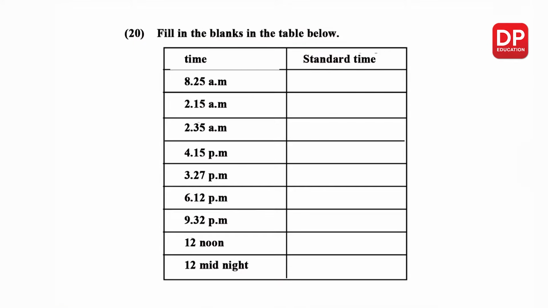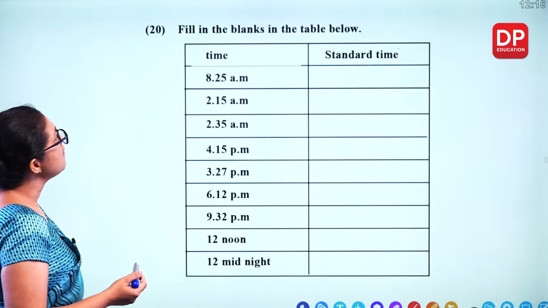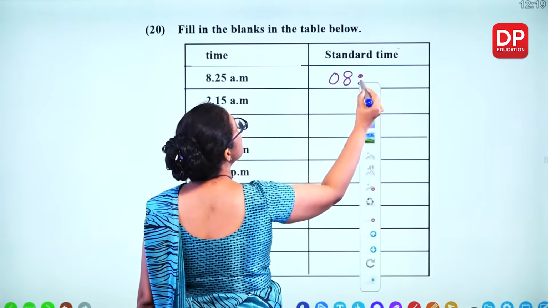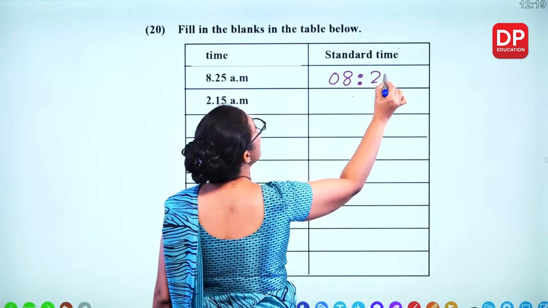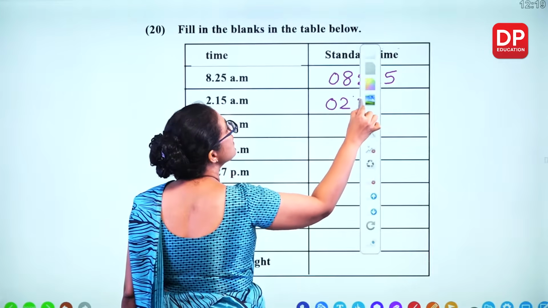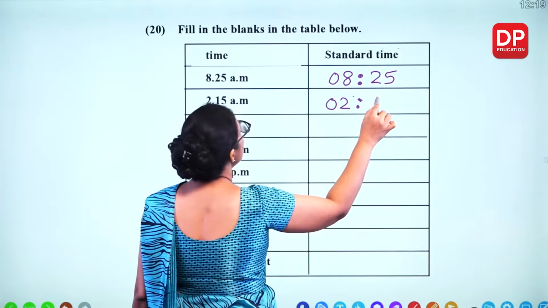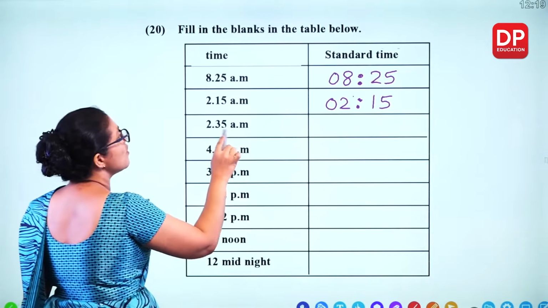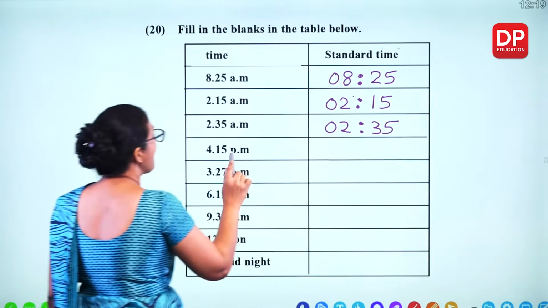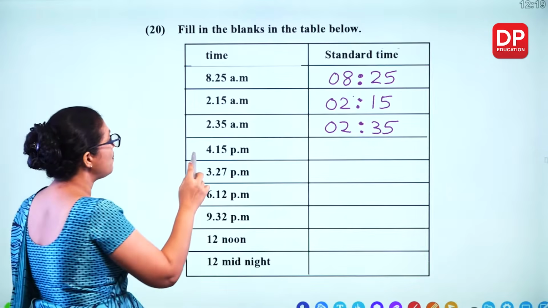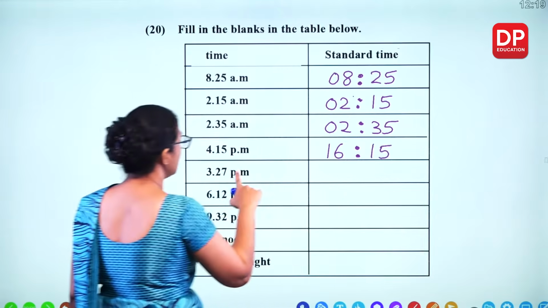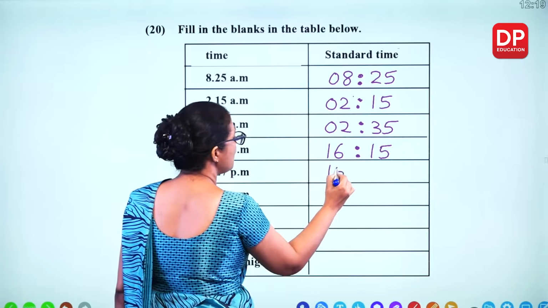Fill in the blanks in the table below. 8:25 AM. AM means we can straight away write down with a 0. 08:25. 2:15 AM, that means 02 with two dots, colon, 15. 02:15. Here also AM, 02:35. PM, you have to add 12 to that. 12 plus 4, 16. 16:50. PM, 12 plus 3, 15,